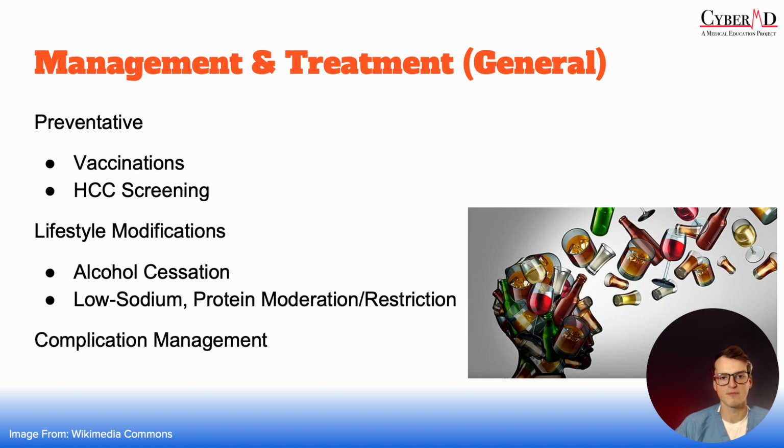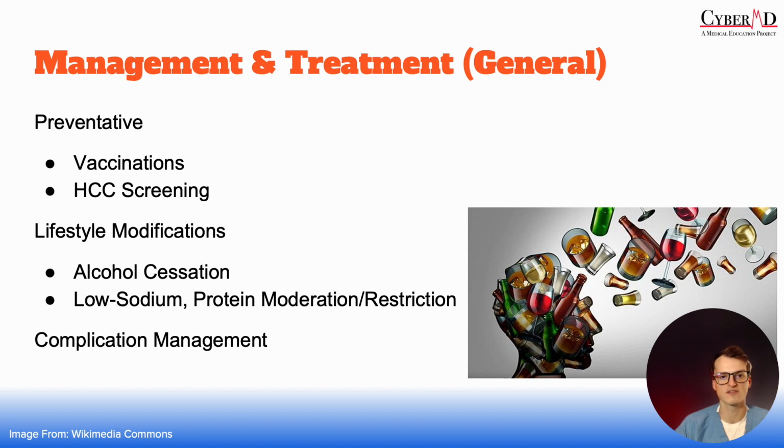It's important to note that the management of complications is very dynamic, and it requires regular monitoring and adjustments based on the patient's condition as the condition is evolving. So, in summary, the general management of cirrhosis involves all three of these things: preventative measures, some screening potentially, lifestyle modifications, and complication management. And the aim is to preserve liver function, prevent further damage, and improve the quality of life